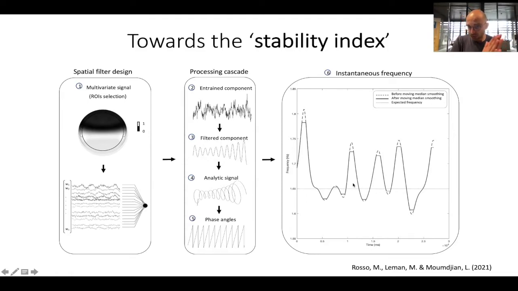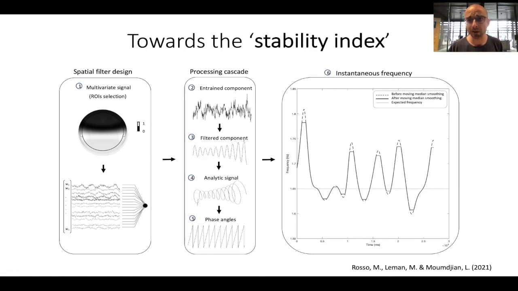Then, once you have this time series, you can choose your time window of interest. In our case, we selected the whole session, 6 minutes. And you can compute just the standard deviation of the instantaneous frequency. Hence, a standard deviation of 0, a stability index of 0, would imply perfect stable synchronization all the time with the stimulation, whereas broader fluctuations would result in a